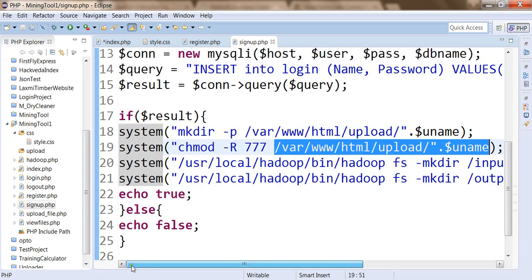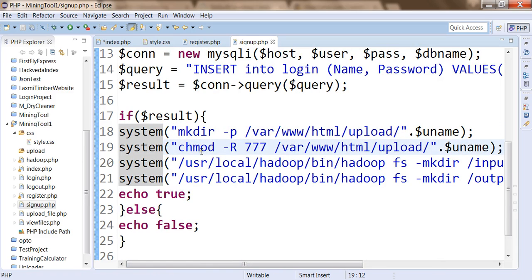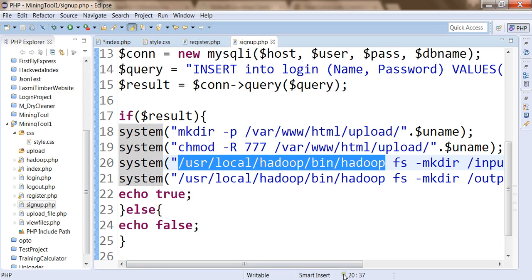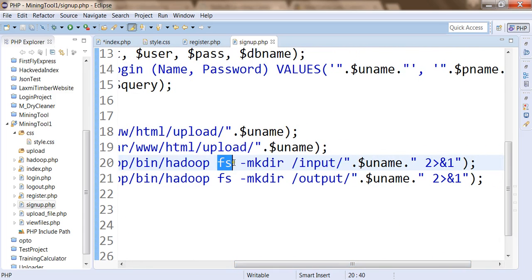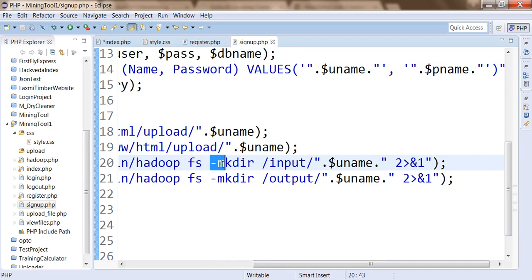Now what next we are doing is, these directory and permissions are done on our regular file system of Linux. But now what we want to do, on the third step we have executed another system command, and within this system command we have executed a Hadoop command. Using this Hadoop command we have specified the option fs to execute file system commands, and on this file system command we are executing a make directory command.